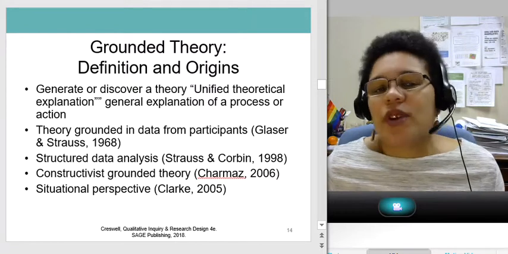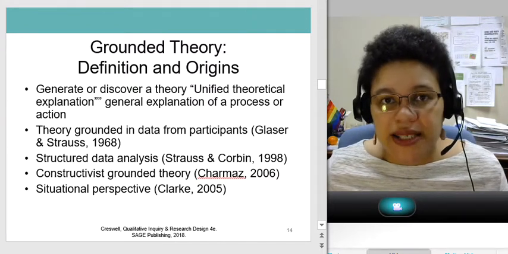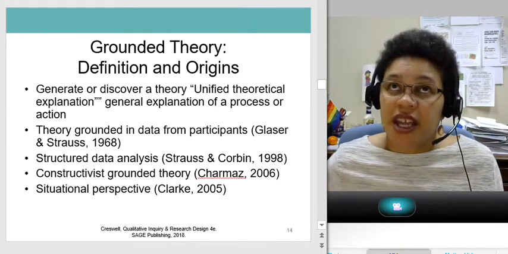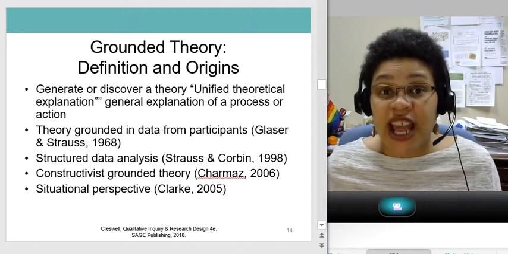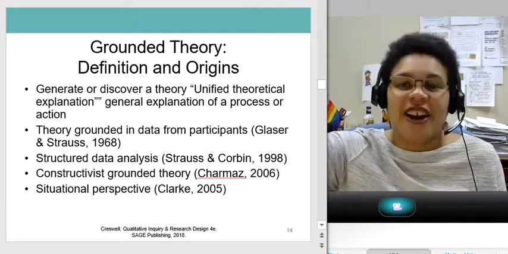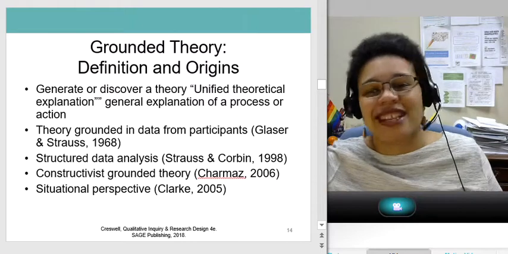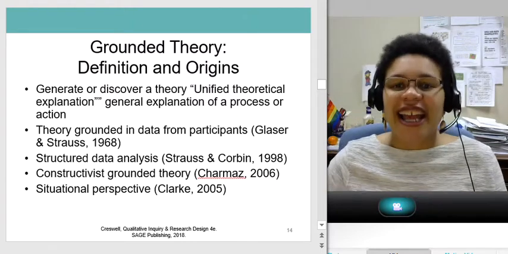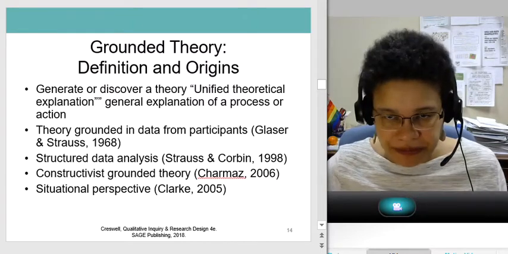The theory is grounded in data from participants. So this is not something we're just thinking and deducing. We're not just sitting under the apple tree and having the apple fall on our head and, oh, gravity. No, we're getting data from participants.